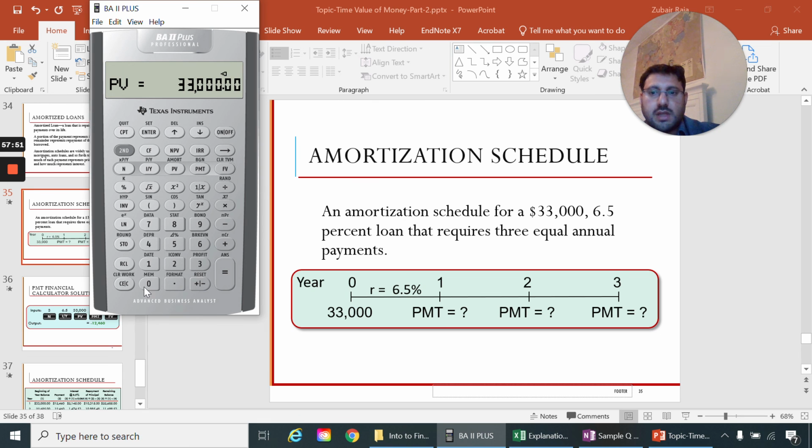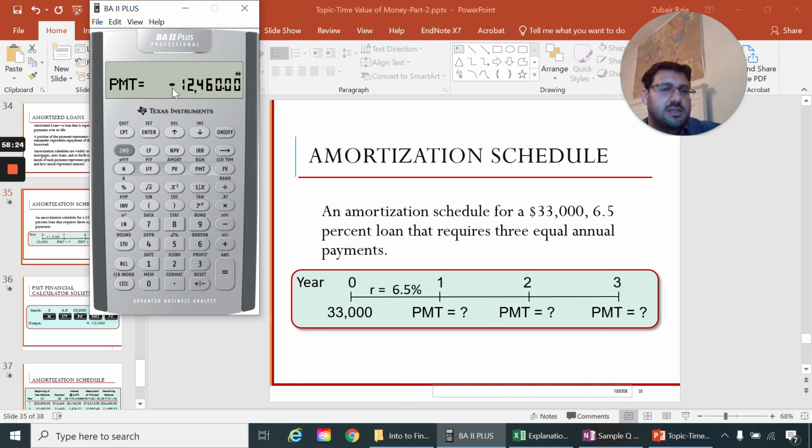Now at the end of the third period, is there any future value? No. Future value is usually the lump sum value. When you have equal payments, these are annuities, right? So there is 0 future value, and we compute the payment. In order to settle this 33,000 loan in 3 equal annual payments over the next 3 years, when the lender is charging me 6.5%, I have to pay